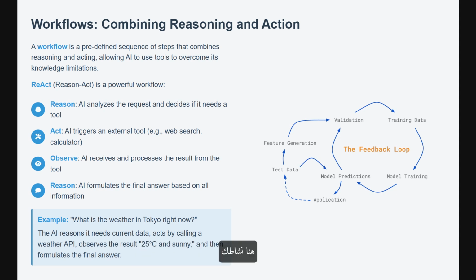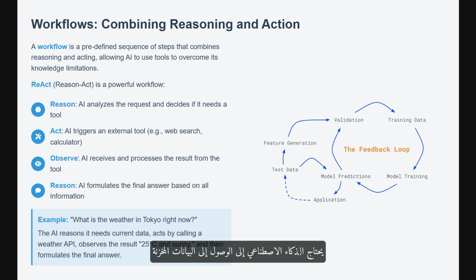Here is your activity. A user asks their phone's AI assistant, "Remind me to call mom when I get home." List the 3 different types of data the AI might need to ingest to fulfill this request successfully. The 3 data types are user query, the explicit command, "Remind me to call mom when I get home." Memory, the AI needs access to stored data that defines the location of home and the contact information for mom. External tool, it needs real-time GPS data from the phone's location service to know when the user has physically arrived at home.